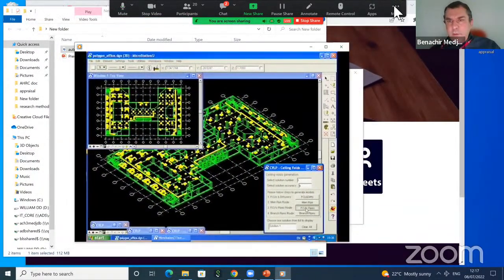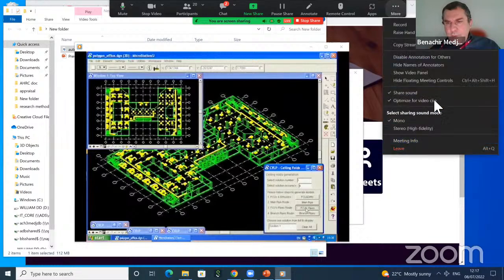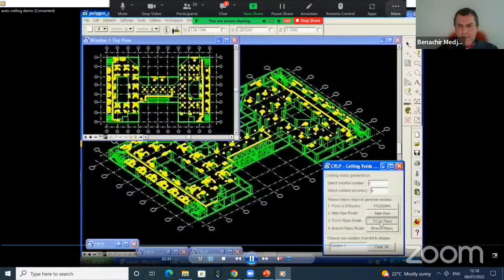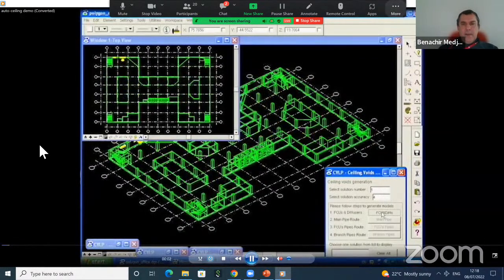Yeah, this is a 3D model, a BIM model from MicroStation.